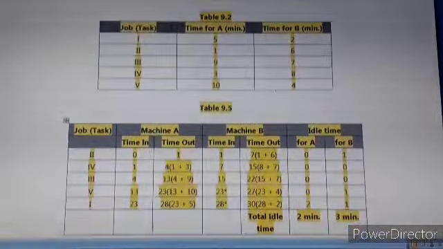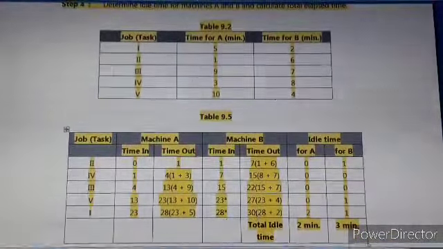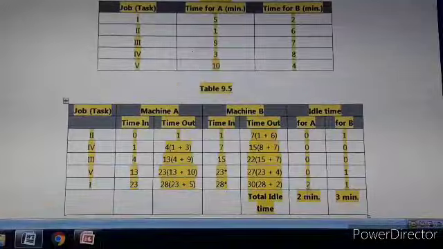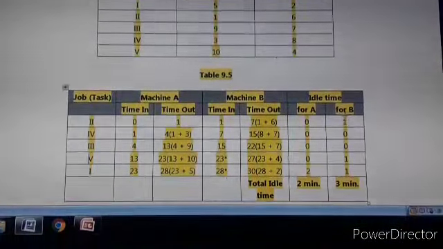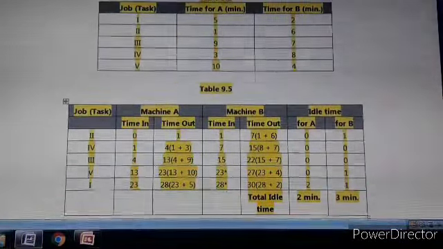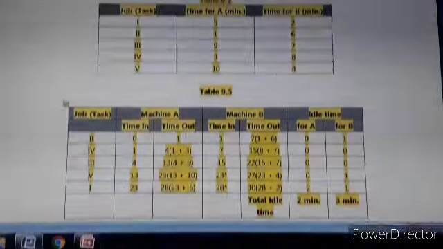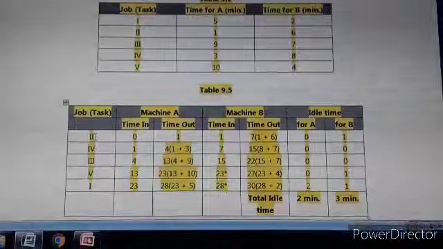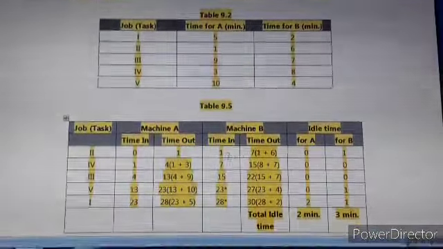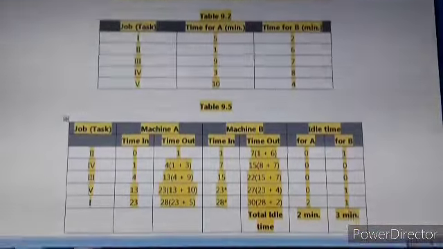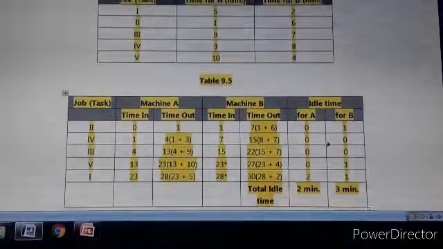And total processing time is 30 minutes. So that's why machine A is idle only for 2 minutes. Whereas machine B is initially idle for 1 minute, since we start the processing of job 2 first on machine 1. So this is 1 minute initial idle time, and after that it works continuously.